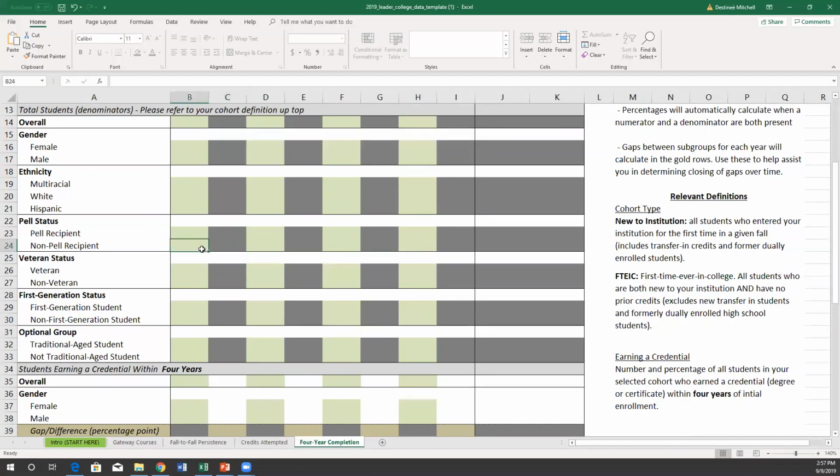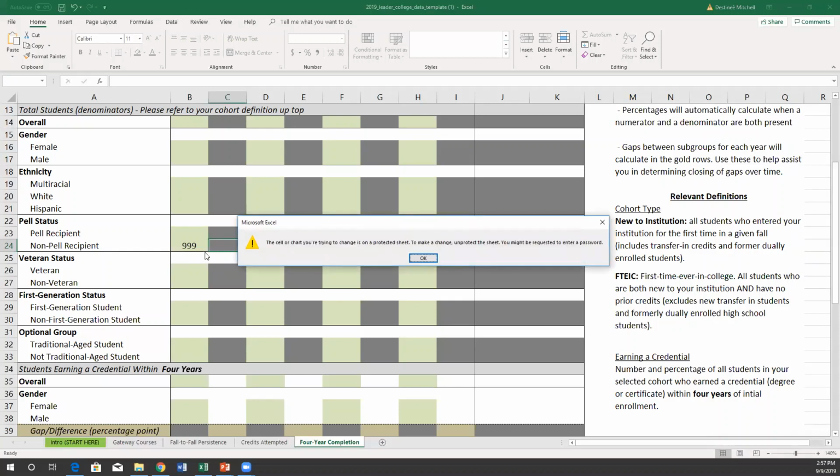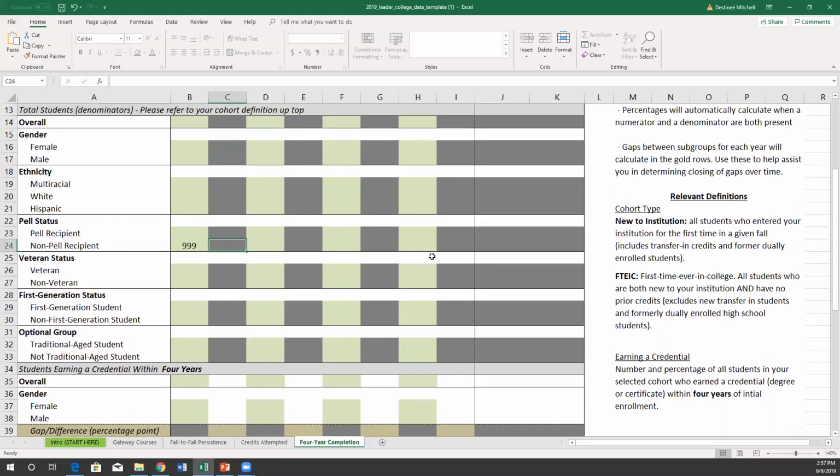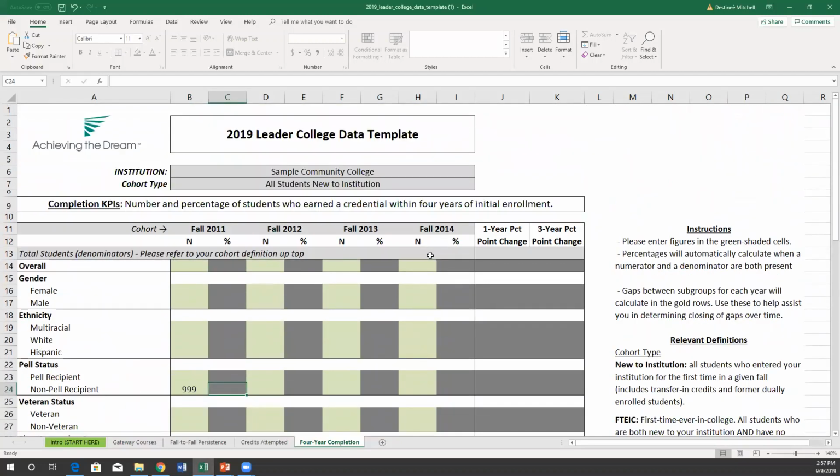But if I enter something here, that'll work. That'll say the cell or chart you're trying to change is on a protected sheet. So that is for your sake, so you're not asking why did my numbers not work out, because the sheet is locked down so that you don't accidentally delete something you didn't want to. That is a Leader College template.